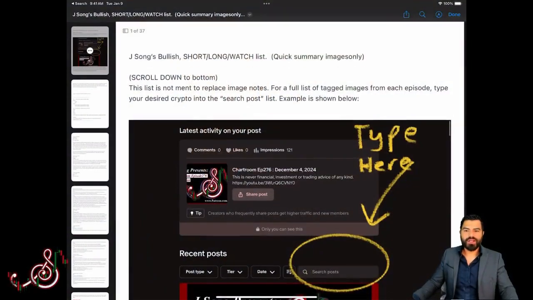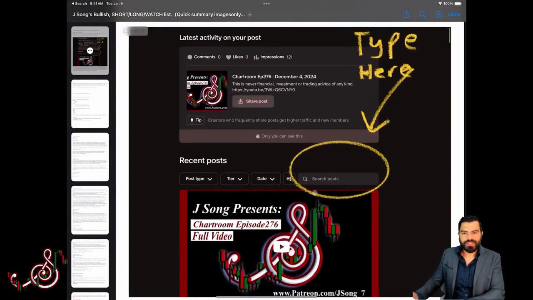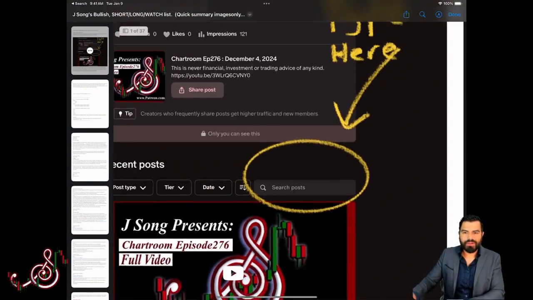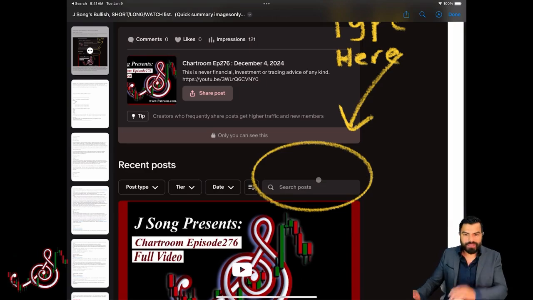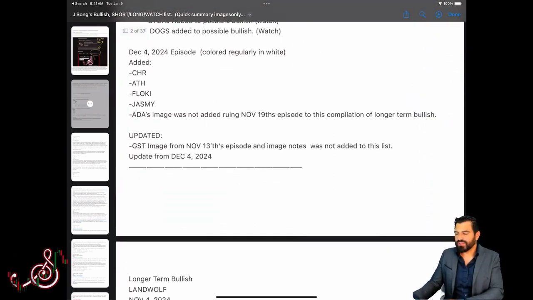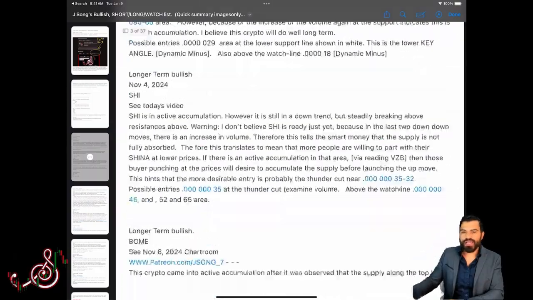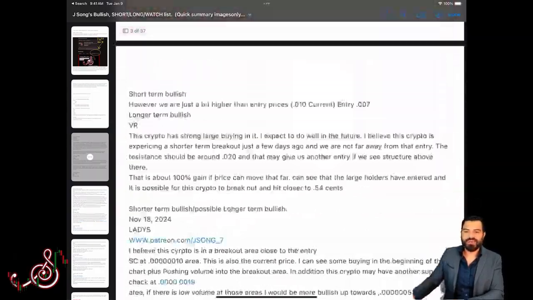You'll get access to my Bullish list. This is the file, our Bullish list right here, and we talk about cryptos. I show you how to type in cryptos on our website. There's our website and how it looks. You just type in that post, and that's how you can type in XRP or whatever map you're looking for. And then I go over different cryptos that I've been bullish on, and I show you what's been added, why it's been added, and the targets and what's going on with some of these cryptos.